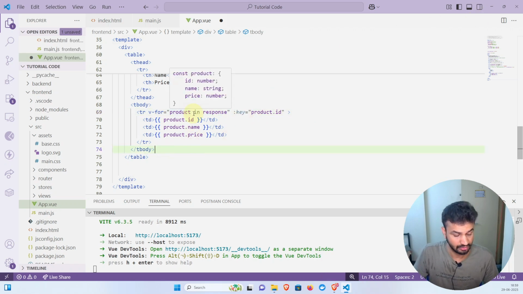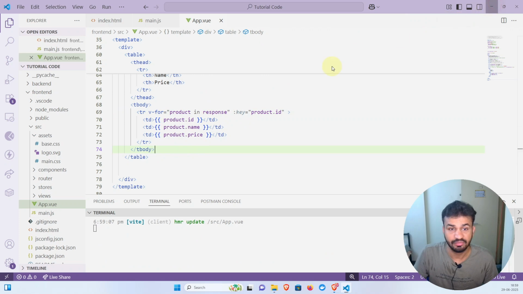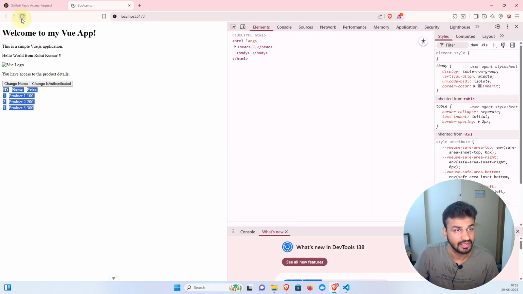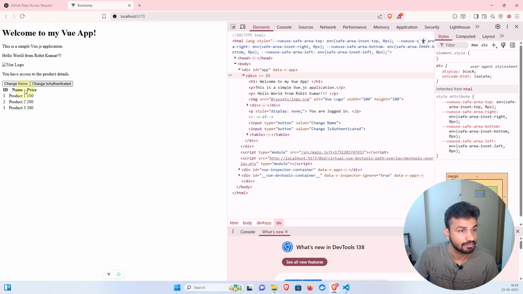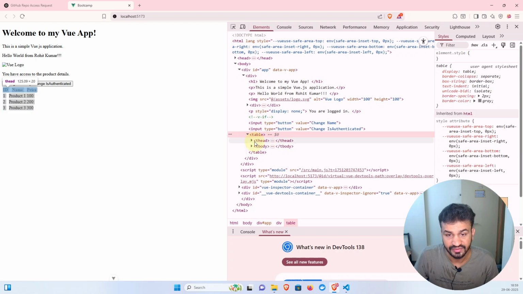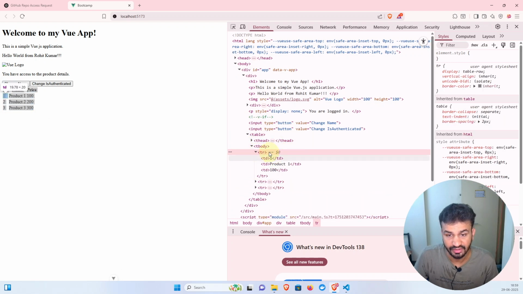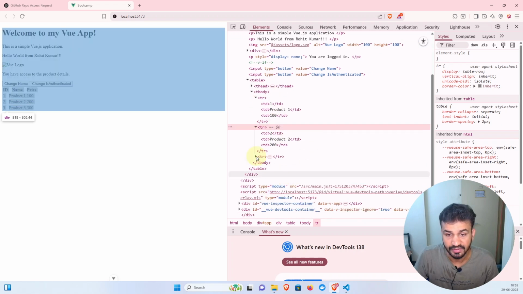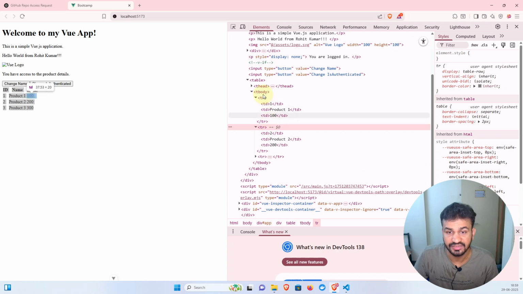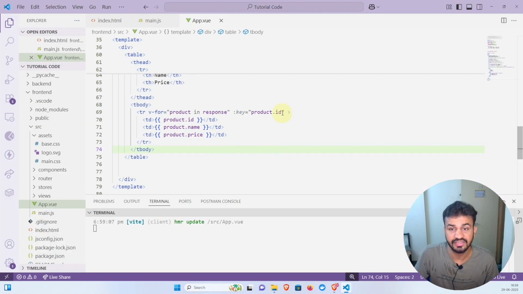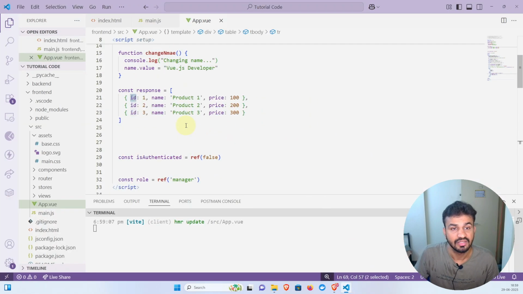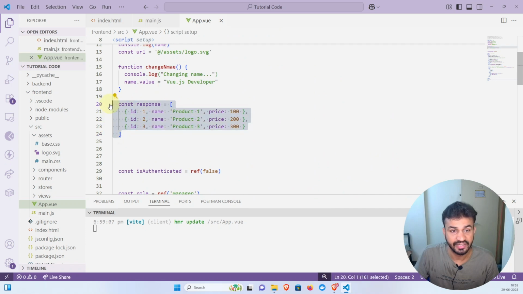So now, do we see any changes in the DOM if we specify the key? Let's go and refresh. Yep, we don't see any changes in the view over here, but if we go to the table, do we see changes in the body? We can verify it. We don't see any major changes. It's the same thing which was being displayed previously. The only thing is, now if some changes happen, since we have not declared it as reactive for now, so that's the thing. But